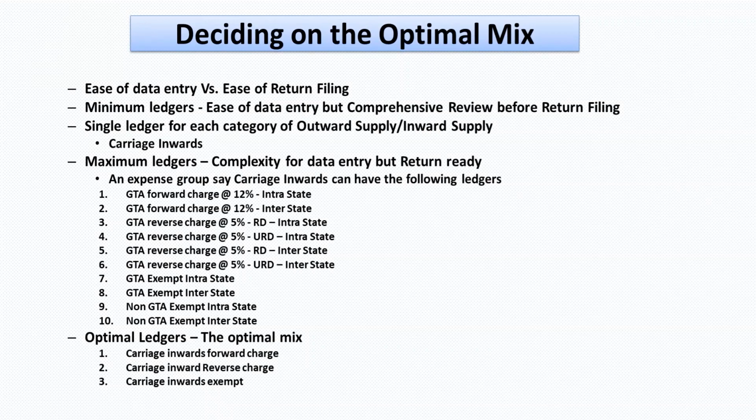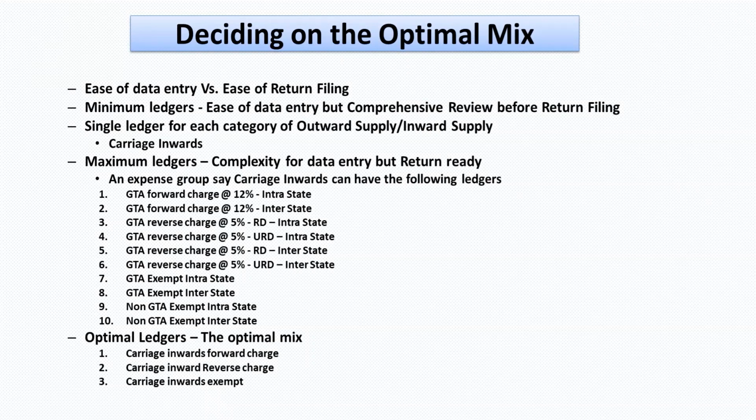So I've taken one simple example of carriage inwards, which is common to any trading business for that matter. Either I can choose to have a single ledger for carriage inwards. I will not do any configurations in GST. Just like before, when I was doing an accounting transaction before the implementation of GST, I'll do the same thing, maintain one single ledger. But at the time of filing the return, one person has to pull out this report, see whatever is below 750 excluded, and wherever it is exceeding, we'll have to again see whether it is anything related to agriculture products or an exemption is there. And then if it is not so, only those transactions should flow in for the reverse charge computation. So one has to, at the time of return filing, take care of all this.